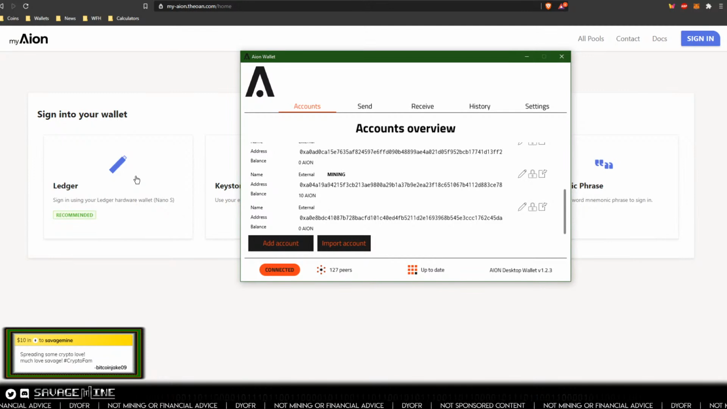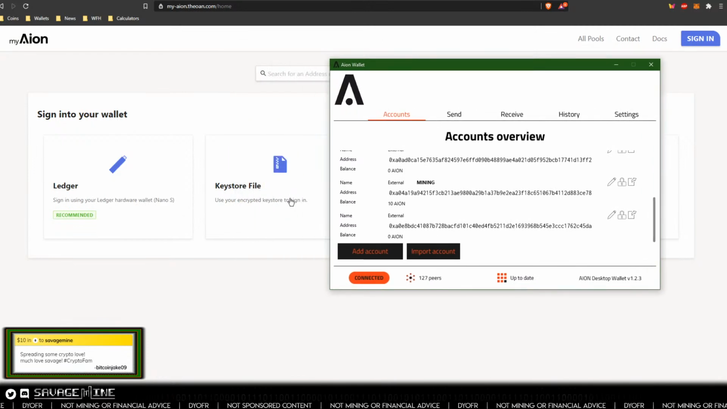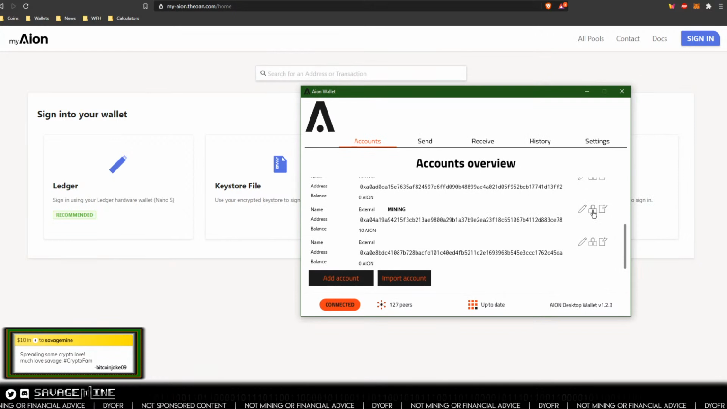Maybe with the newer one, was it the Nano X, where it has Bluetooth or something? I don't know what they're going to do, but they made a comment, I think in the FAQ on the website, where they were discussing potentially having that capability on mobile. But anyway, you can use a keystore file on mobile if you can get the keystore file exported from a wallet like this, and then basically you would just unlock it,